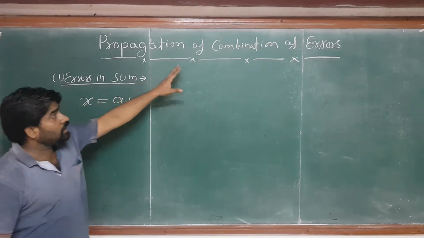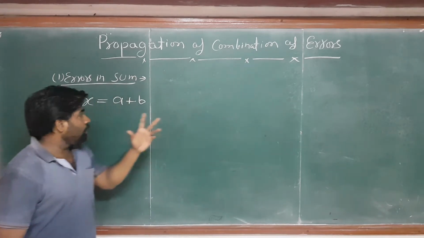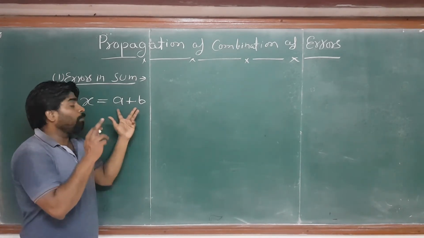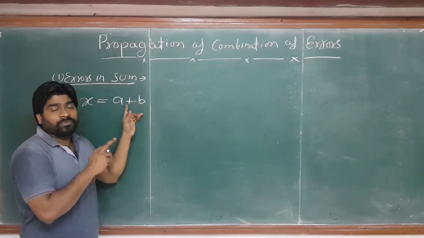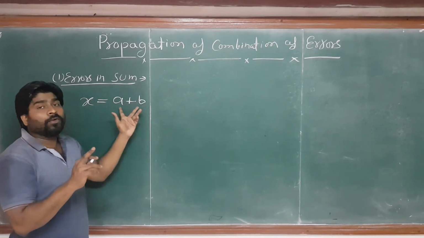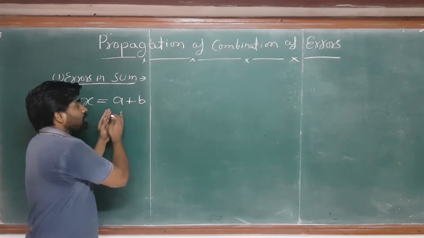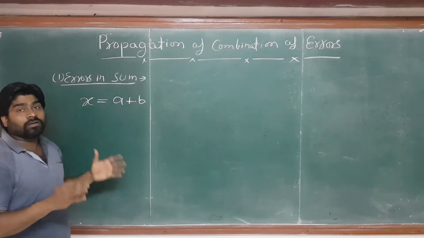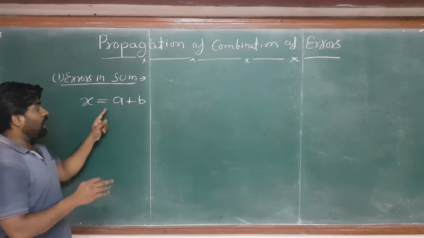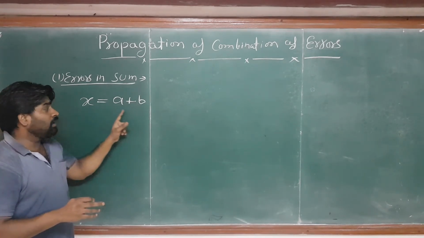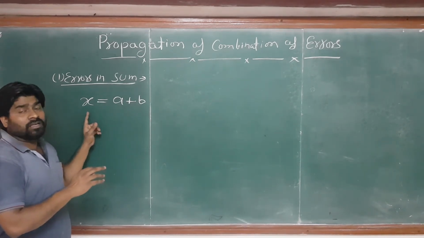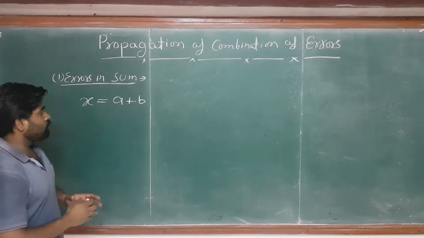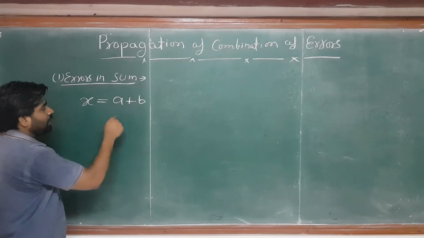So this is called the combination of errors, because there are two quantities we are combining and the operator is addition, right? And when we add them, if errors in a and b also occur, then x has errors too, right? So we have to find the errors, and then measure x and its true value and its errors. So I am going to calculate a and b first.